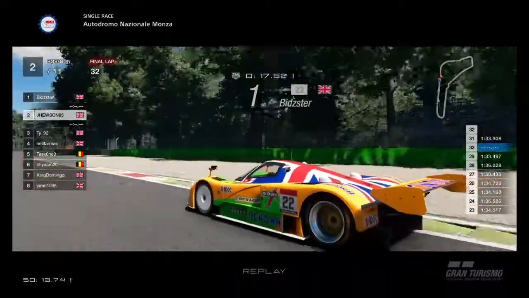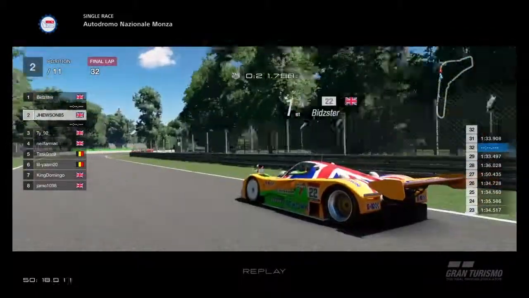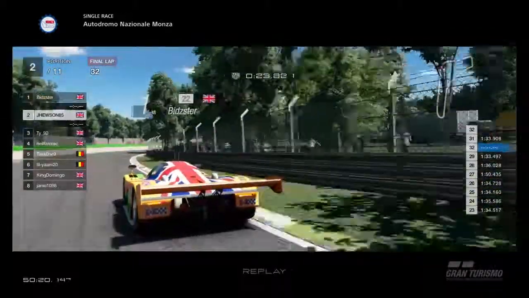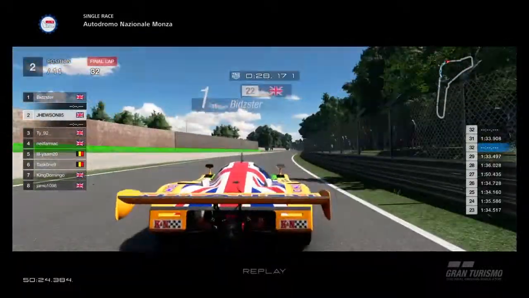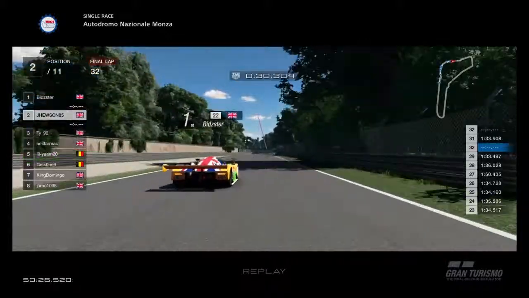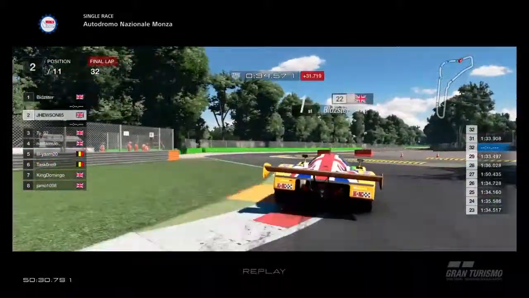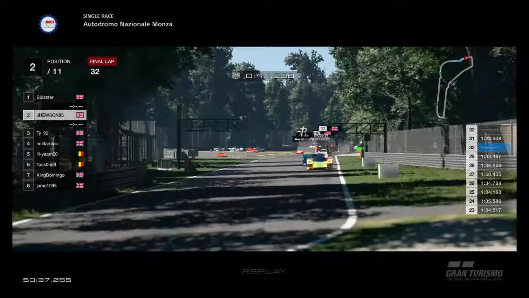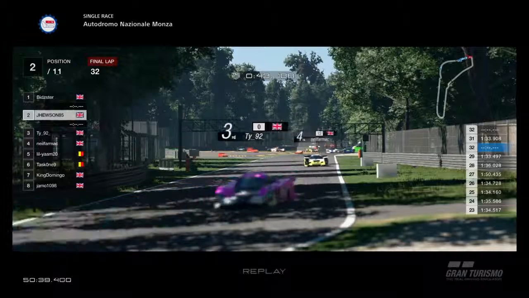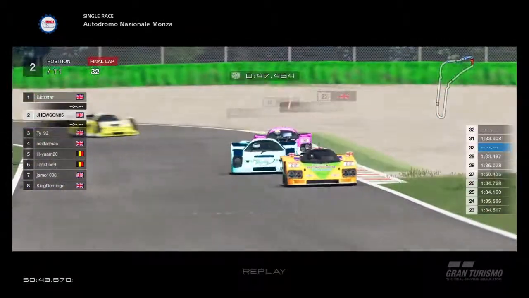Then both cars get straight, and Bidster just better on the traction, not wanting to miss a gear at all. There we go, and then a little nudge there from Jay Houston to Bidster. Will he have a look up the inside this time, or will he stay behind? No, he's going to stay behind, and then over the curb. Meanwhile, further back, you can see everyone filing through the chicane in the background. We're going to keep an eye on this first place battle here,